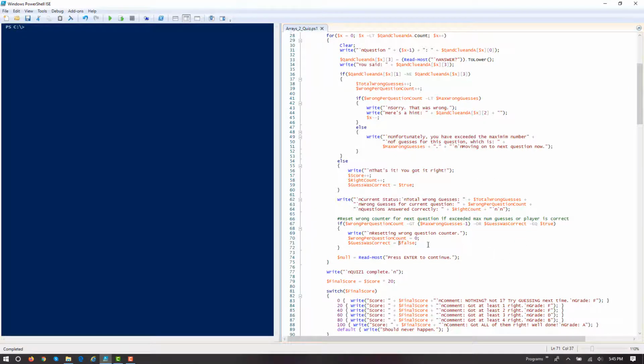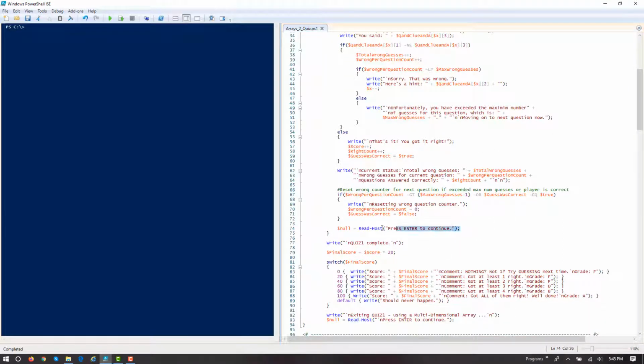So get to the end, and again, we don't really care what the player types in. The only purpose of this is to pause the program flow. But we do need to catch that return value, so we're just going to assign it to null, which is, we just chuck it in the garbage and throw it away. We assign it to null. That does what we want. And then